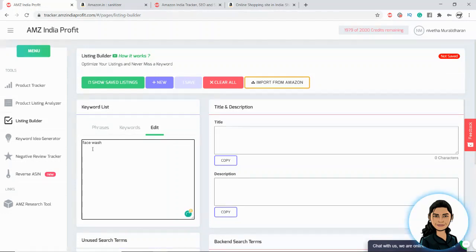Whenever you are selling face wash, definitely the title, description or keywords should have words like face wash, face wash for acne, face wash for pimples, unisex face wash. You will get all these search results from this keyword idea generator, and these should be included in my product title, description, backend search term or bullet points.